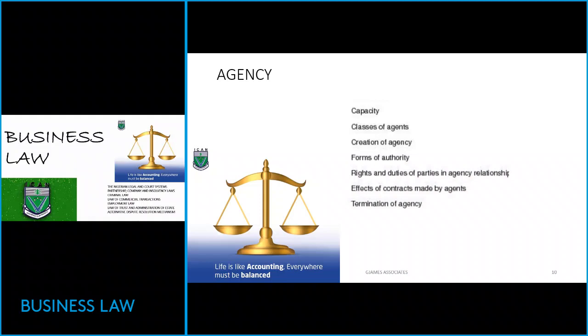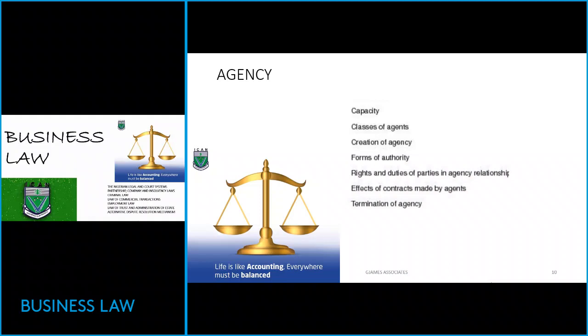So agency law, we need to understand how it affects us personally, the capacity of an agent, classes of agents, how we can create agency, forms of authority that agents do have, rights and duties, termination of agency, effect of the contract of agency that we have with the superior partner and the like. Must have knowledge,